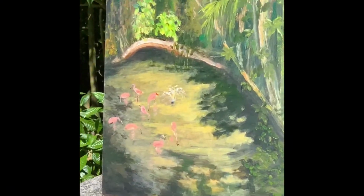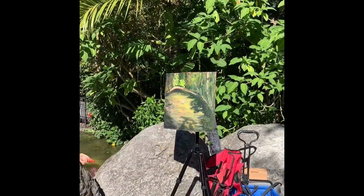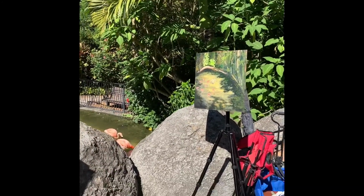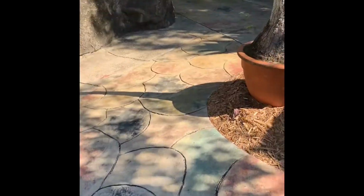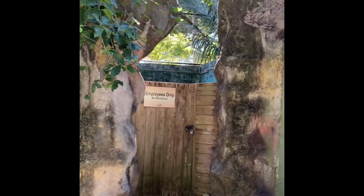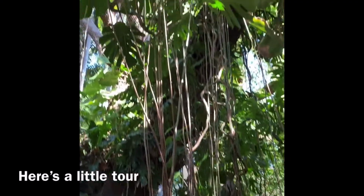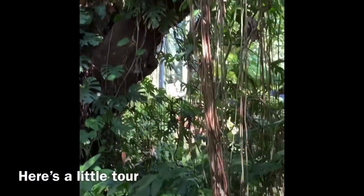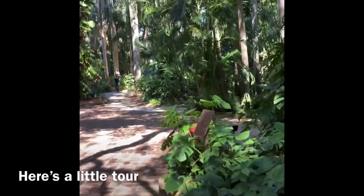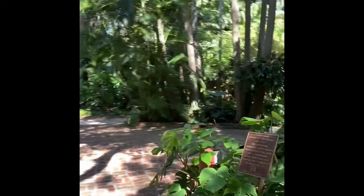I was working with some acrylic paints today that do not dry right away. They're called open acrylics. I really don't care for them. It's just not something I have enjoyed working with. I've tried many times now. I prefer acrylic paints that dry quickly rather than staying wet for a long time. If I'm going to use a paint that stays wet for a long time, I'd just soon use an oil. So anyway, I struggle a little with these